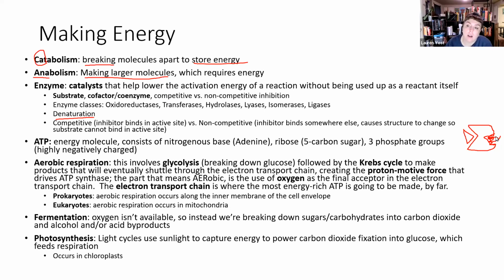So ribose, and then it has 3 phosphate groups. Those are highly negatively charged. Each one is. So as we have a negative, stuck to a negative, stuck to a negative, that third one on there really wants to pop off. And so we're going to pop that off later to drive chemical reactions. First, we have to make it. We have to pop it on. So that's what this whole process that I'm about to get into, y'all, is about.